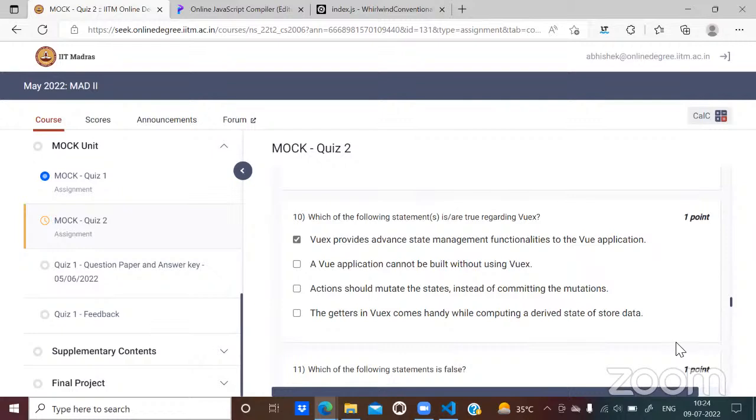It is state management. I would say that if I'm not using Vuex, I could even create a state management system on my own, right? Let's say if I start using all sort of global variables, I'm also trying to create a sort of global management system there, or state management system there. Correct. It is my state management versus Vuex state management. That's all. It says Vuex provides. Even if I remove advanced, it would be okay. But by putting advanced, am I changing the sense of the sentence and thereby making it false?